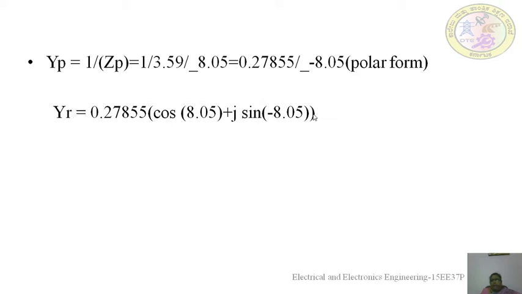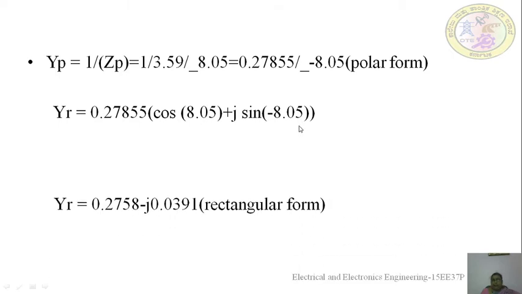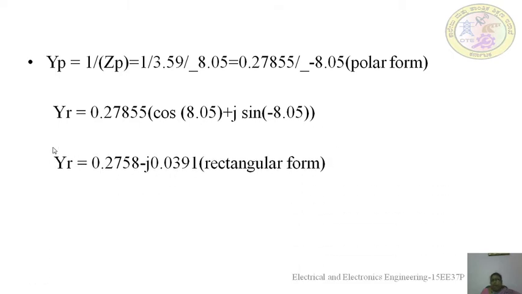So rectangular form alli represent madak ಏನು ಮಾಡ್ತೀವಿ ನಾವು ಇವಾಗ? We will multiply the magnitude with the cosine of the angle and with the sine of the angle, and then I will get the value of the impedance, the value of admittance in the rectangular form. Now we have got the value of the admittance in the rectangular form as well as in the polar form, right? So after these theoretical evaluations and calculations, now we'll try to write the program in MATLAB.